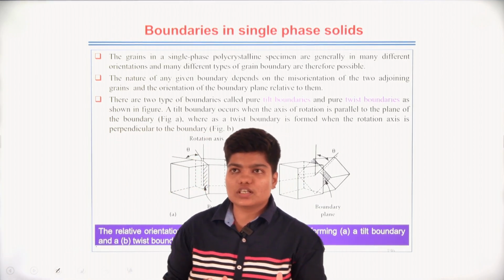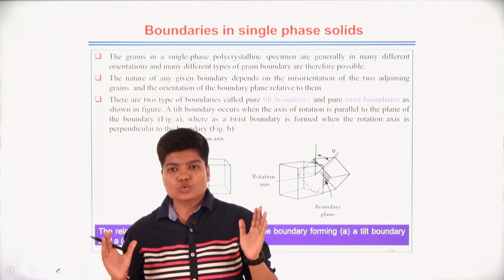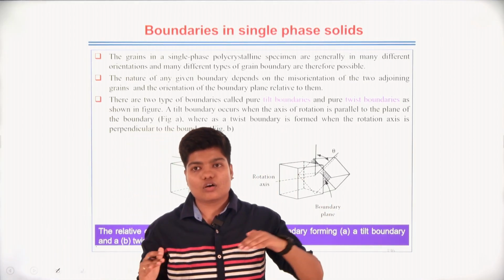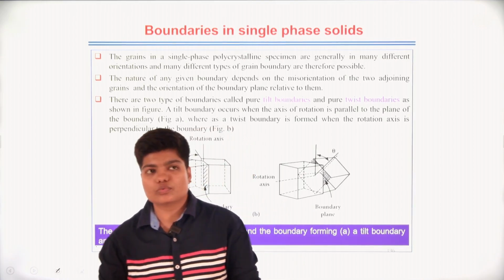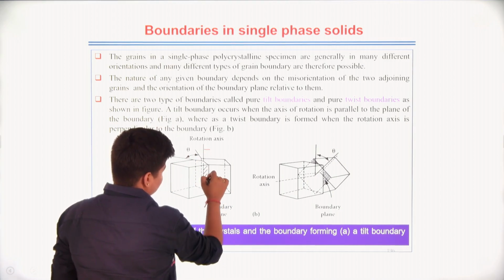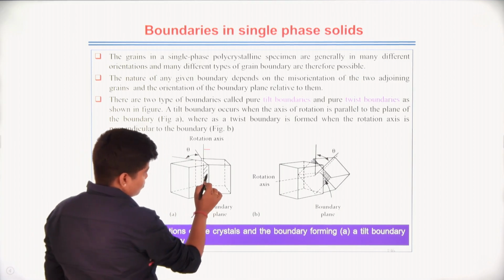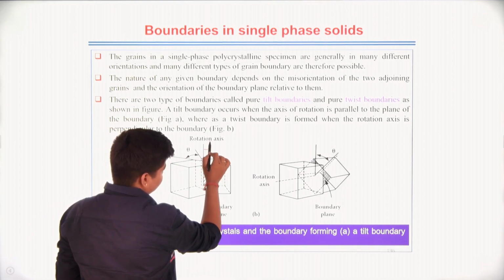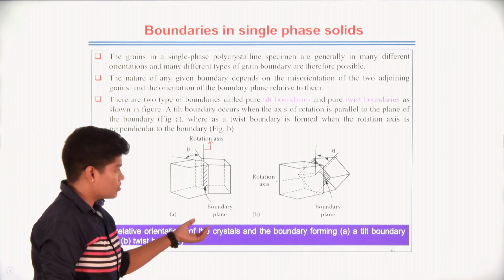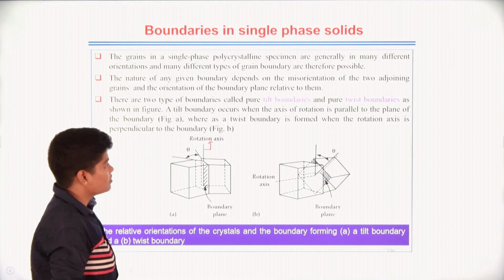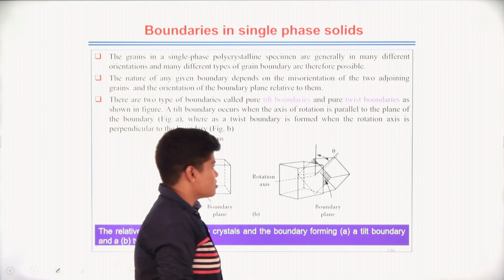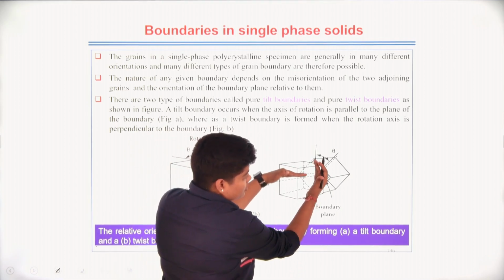Generally, the tilt boundary is created when two grains come together in the same plane, or the two grains are parallel to each other, in terms of the axis of rotation. Here the axis of rotation is parallel to the boundary plane. This is known as the boundary plane, and this is known as the rotational axis, or axis of rotation. When the axis of rotation is parallel to the boundary plane, that boundary is known as a tilt boundary, and when the axis of rotation is perpendicular to the boundary plane,